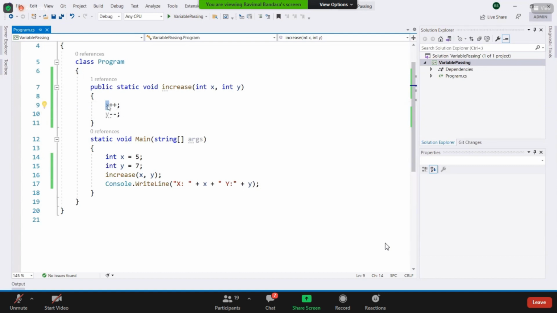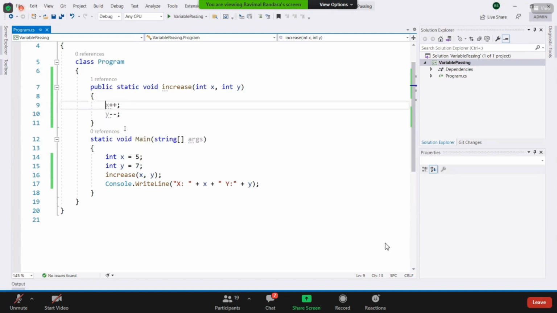But this x is not the same as this x, right? This is a newly created variable, created by the system only within this method. The x inside this method is a variable made inside the method.